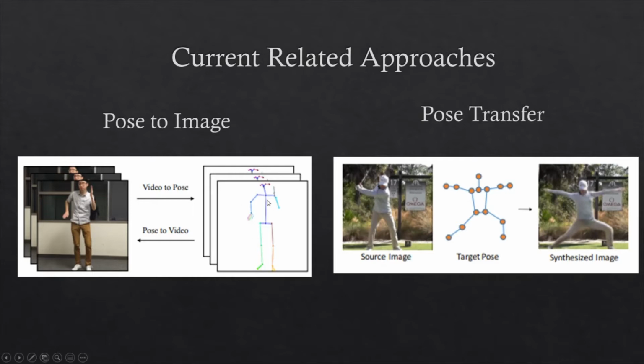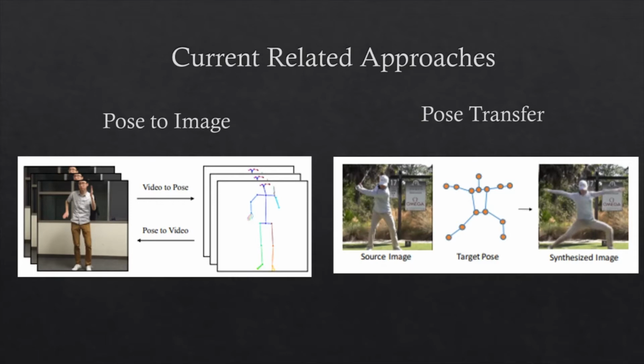On the right here you have a rendering of body joints, and on the left is the RGB image of a real human being in the same pose. This method creates a mapping by detecting poses in video frames and then learns to generate images of the target subject from the pose. The second method is pose transfer,